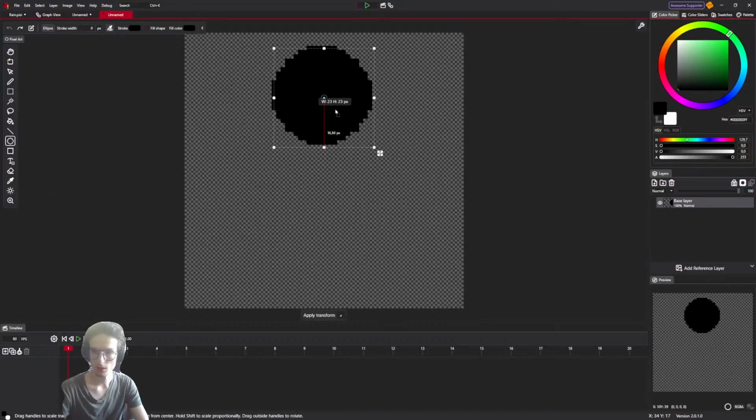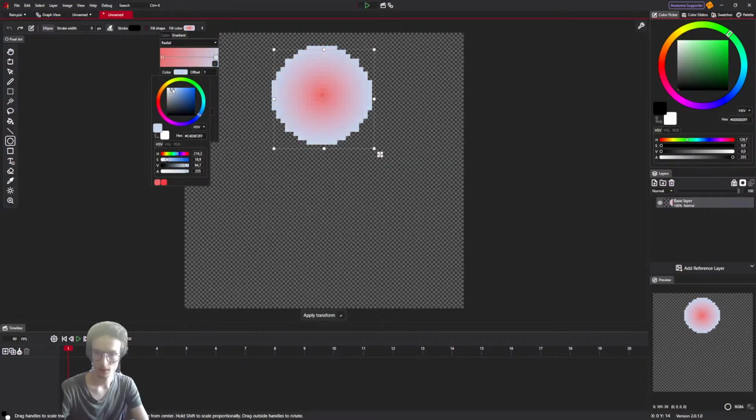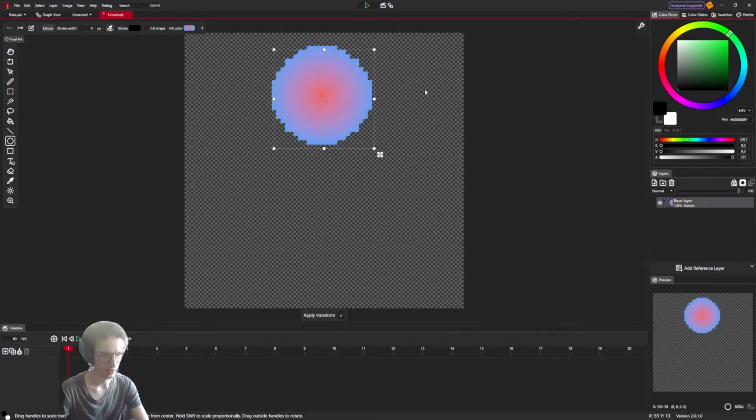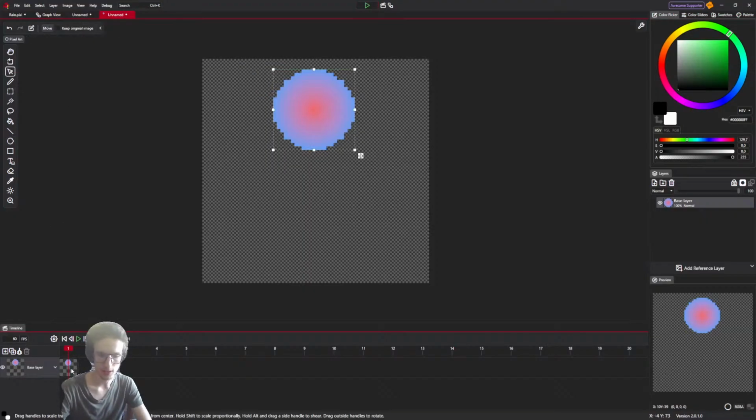I get the ball. Let's make it more funky. Okay, this can do. So we have a ball on one layer, and I can go to the animating, create a duplicate frame, and I have a cell here.